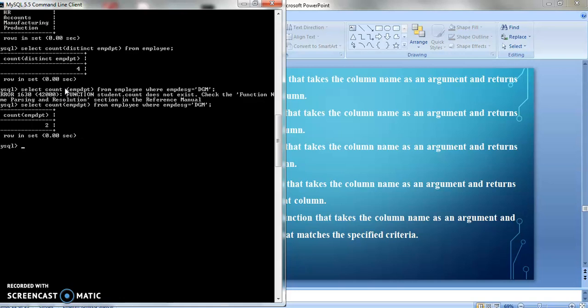Sorry for that. So with the employee department, it returns those records where the employee designation is DGM. How many records have the DGM designation? 2. So the count is coming as 2. The error came because of the space between count and the parenthesis. There should be no space.